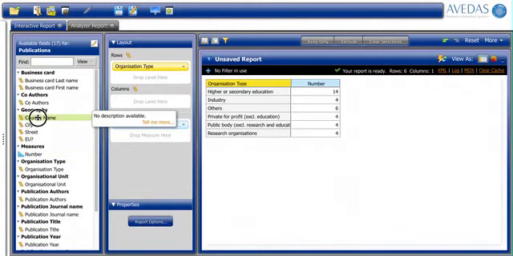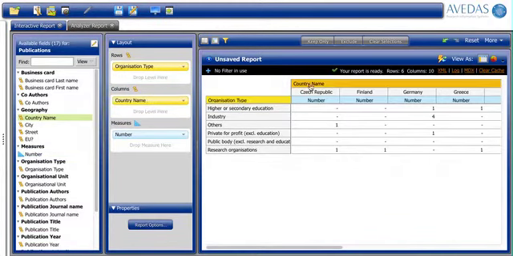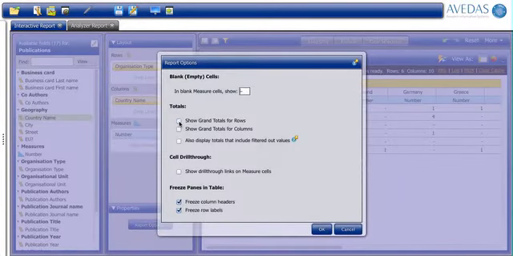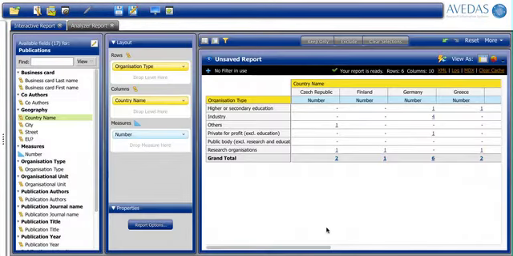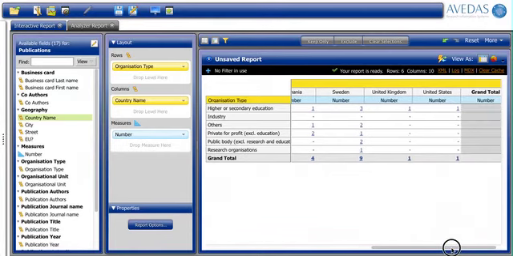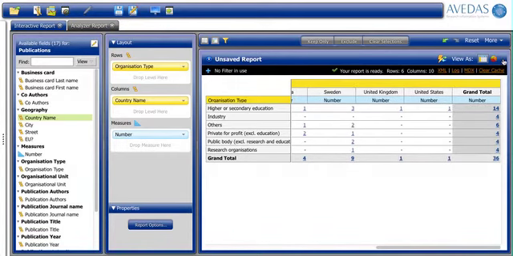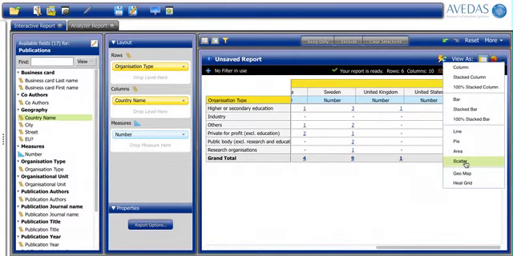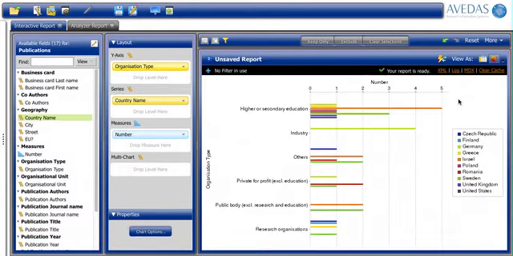So if we now take the country name, we can then see what we do with each country and each type of organization. In this table, you have different options to include the totals, but also show drill-throughs through the different cells. And by having this pivot table in this way, we can now choose to illustrate the information, for example, as bar charts. Higher and secondary education, industry, others. And we have the different countries,